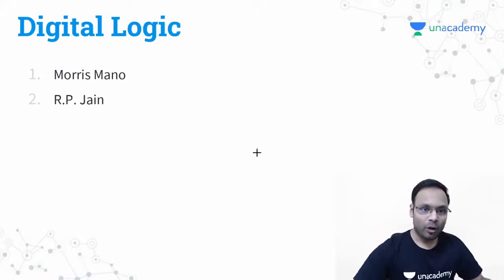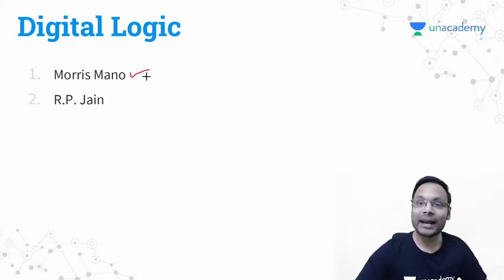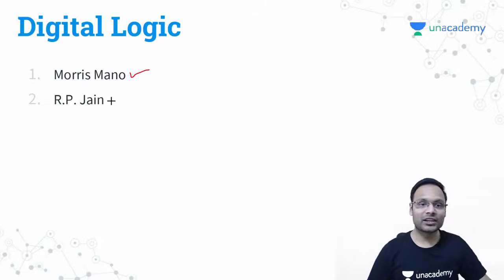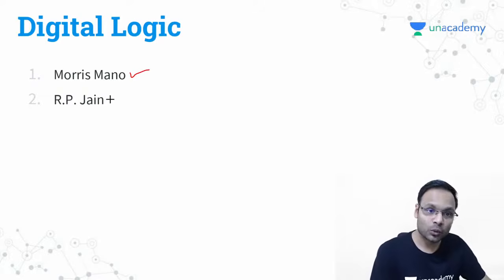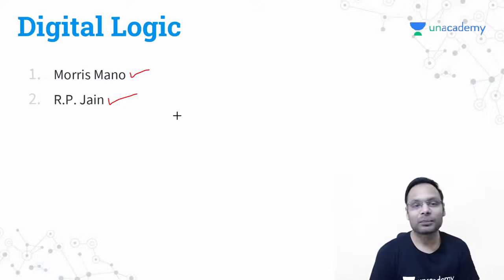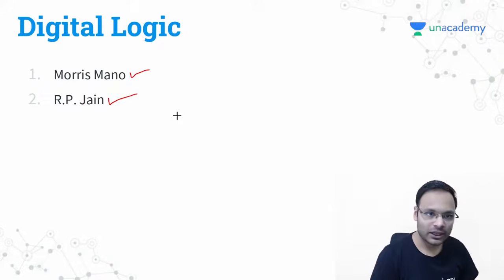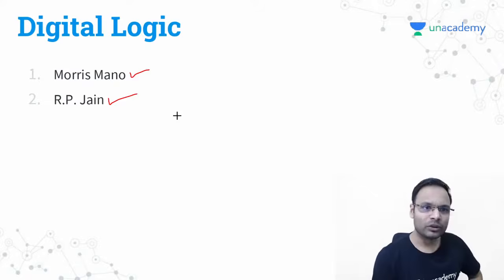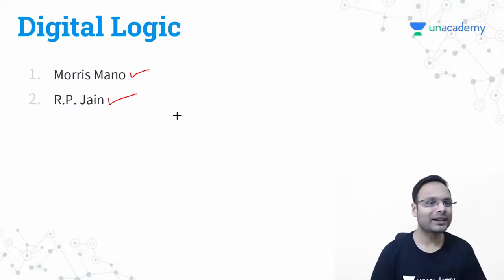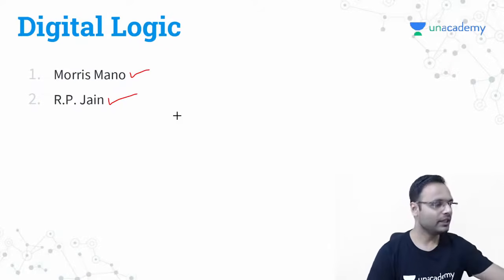For digital logic, I have referred to Morris Mano, but after going further in the IT industry and coming back to the education industry, when I talked to the educators who follow good books, they recommended that you can follow RP Jain for digital logic. It's really good. So you can follow RP Jain or Morris Mano for digital logic. But still, I feel digital logic is a topic where if you practice a little and solve a decent number of questions, you won't need any book.